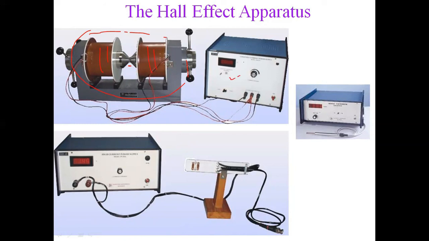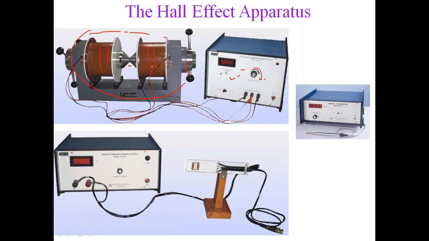We'll call that current the coil current, because now we are using two current sources. Remember, one current source supplies current to the semiconductor, that I, which is essential for the Hall effect, and to use this electromagnet you require another current source, for the electromagnet only. If we increase the current in the electromagnet, more magnetic field will be generated. So we'll increase this current through this source and the magnetic field will be generated.